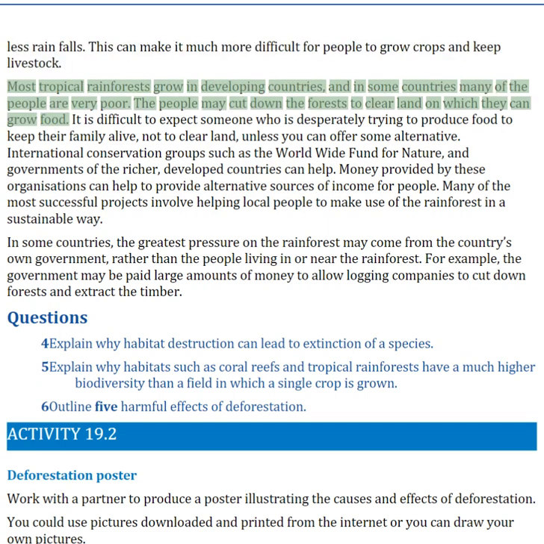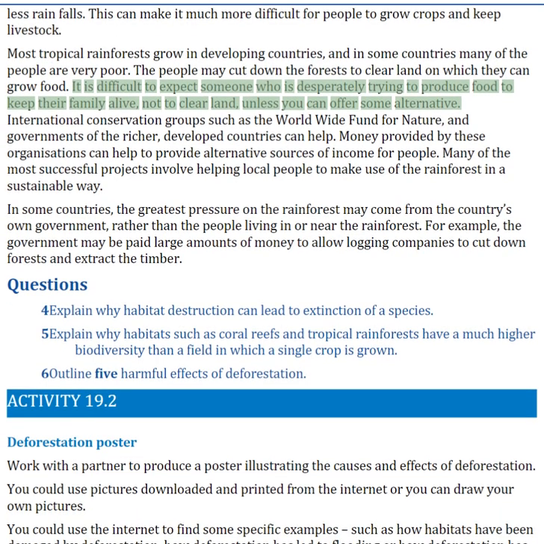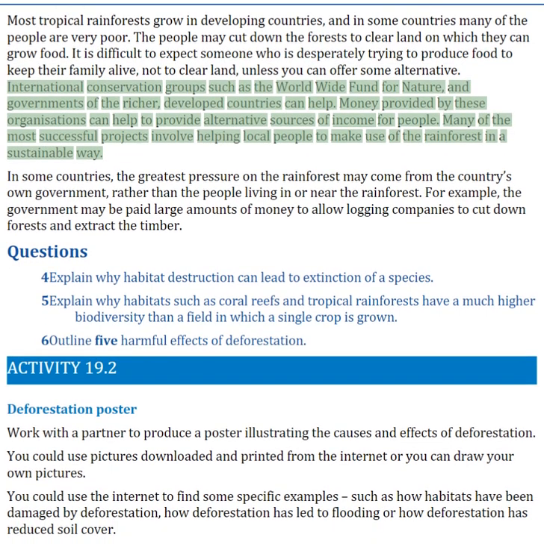Most tropical rainforests grow in developing countries, and in some countries many of the people are very poor. The people may cut down the forests to clear land on which they can grow food. It is difficult to expect someone who is desperately trying to produce food to keep their family alive not to clear land unless you can offer some alternative. International conservation groups such as the Worldwide Fund for Nature and governments of the richer, developed countries can help. Money provided by these